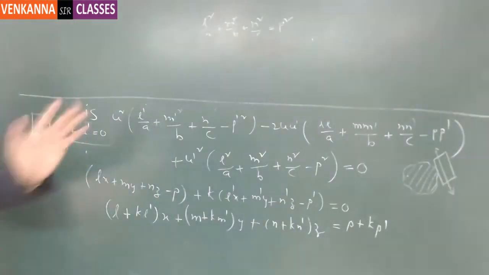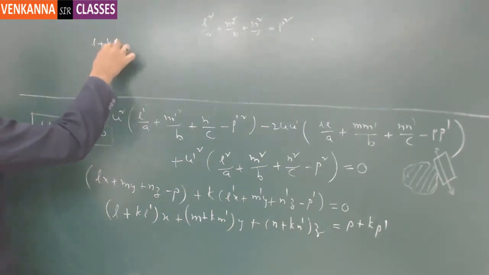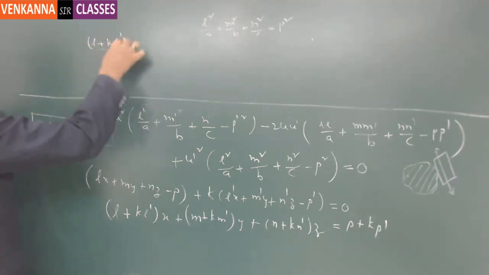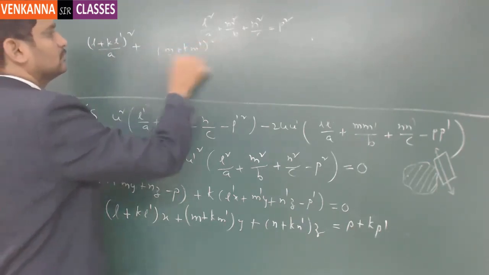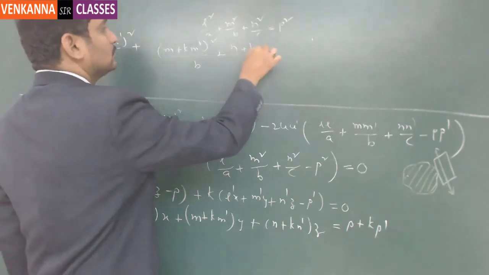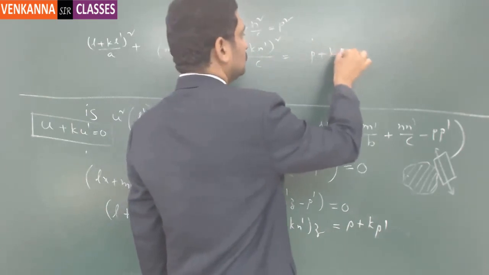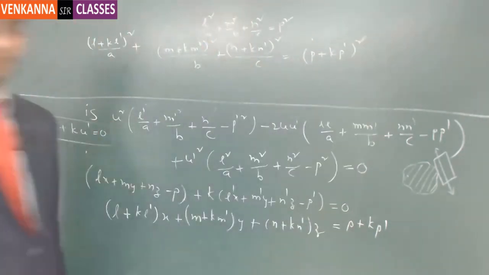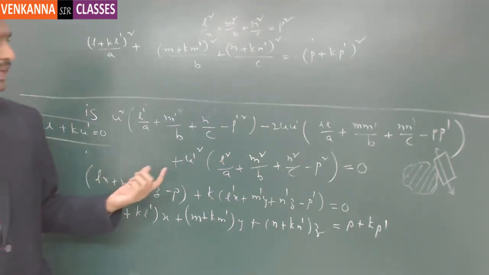So what happens? I am going to use the condition of tangency there. So you have (L plus KL dash) by A, this part whole square plus... Agree, all of you? By default, P is nothing but the distance from origin to plane, because in the problem it is mentioned that